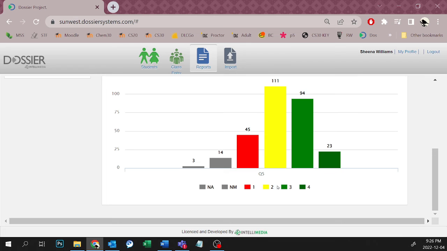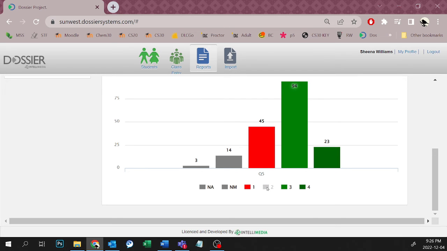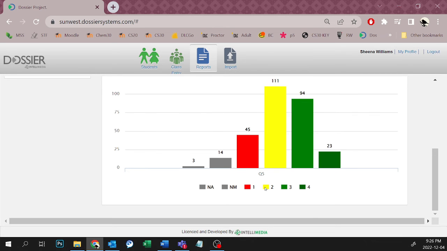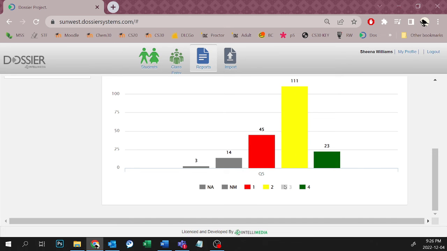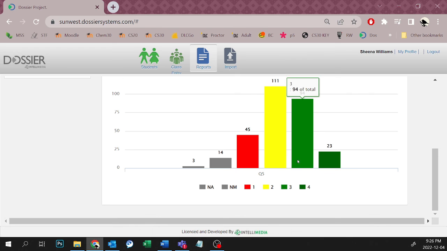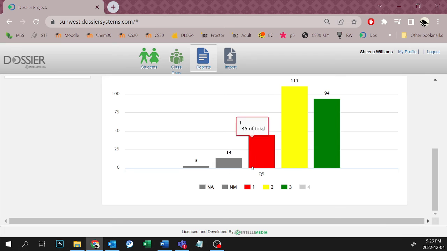The other thing that I'd like to mention is you can eliminate certain bar graphs if you click on the legend. So here, if I don't want to look at students who have scored a 3, I don't have to. I just toggle that off, and if I want to show it again, I click on it again. I'll demonstrate with 4. Or if I don't want to see the bar graph with 4s, students who scored 4, I just click on here